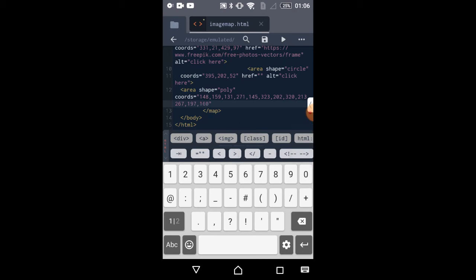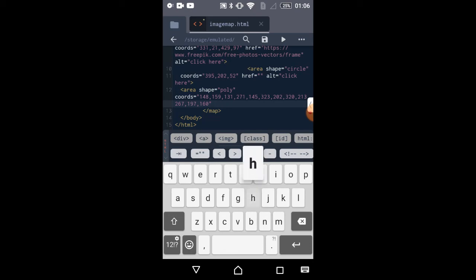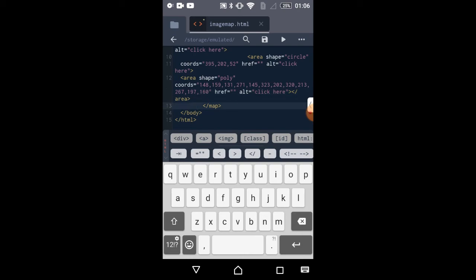After that leave space and write href is equal to, then write alt is equal to, again I am writing here, click here. Then just close the bracket, and remove this closing tag of area.